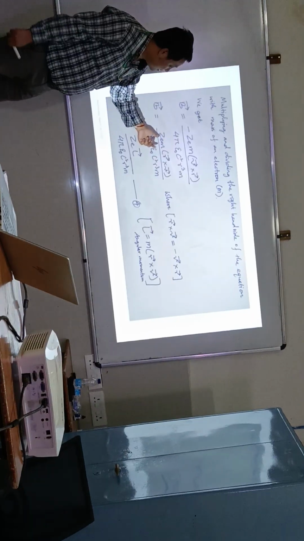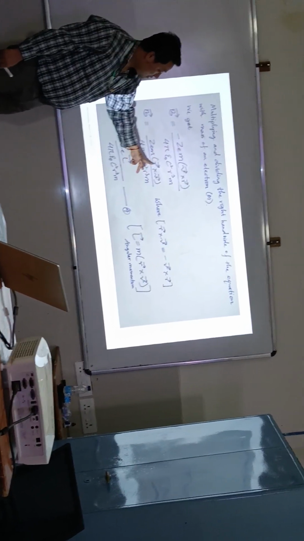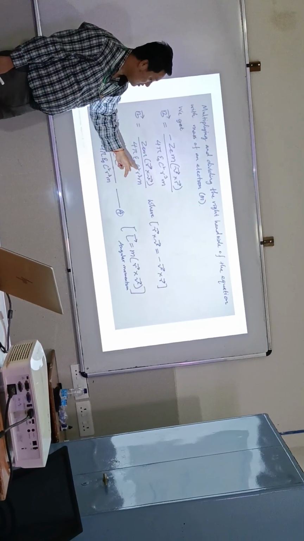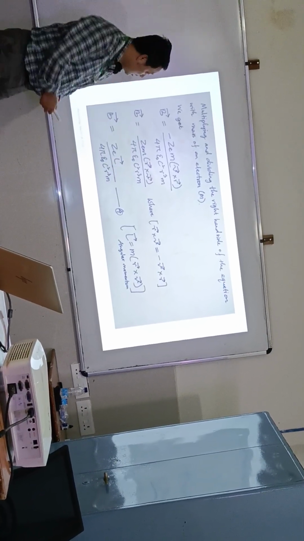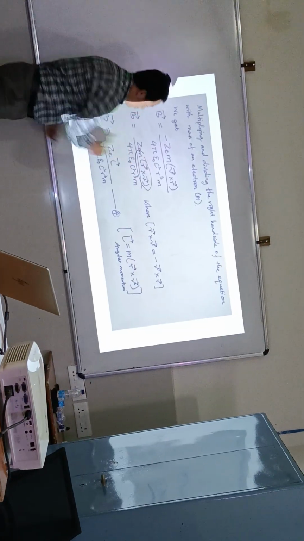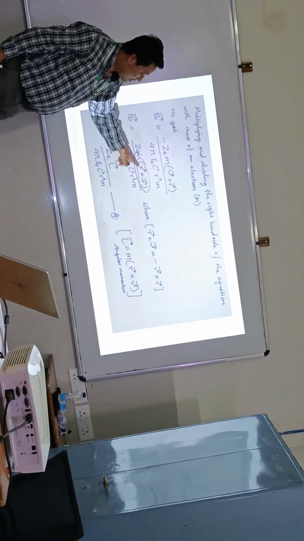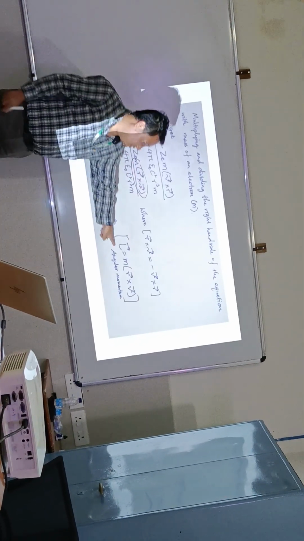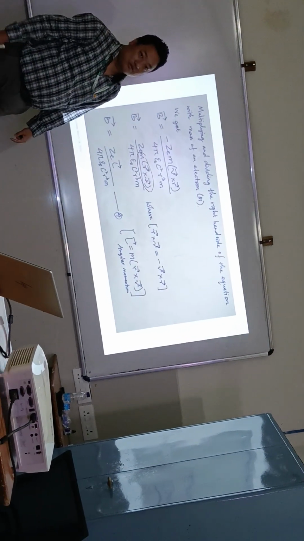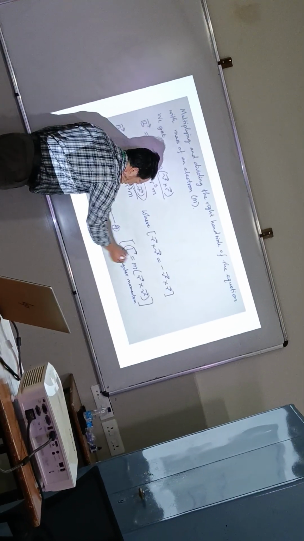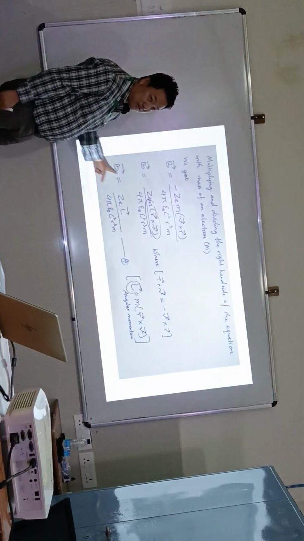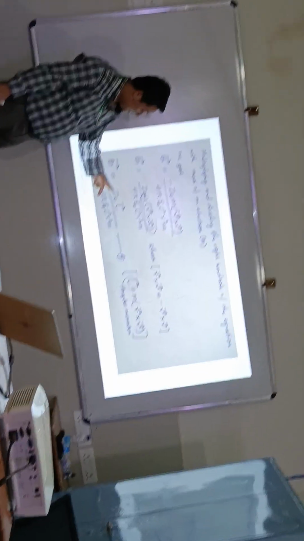So we get Z e m R vector cross V vector divided by 4 pi epsilon naught c square r cubed m. Now M times R vector cross V vector is nothing but the angular momentum. So in place of this we substitute the L vector as the angular momentum, and we get the magnetic field vector given by